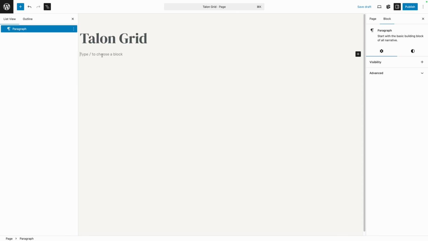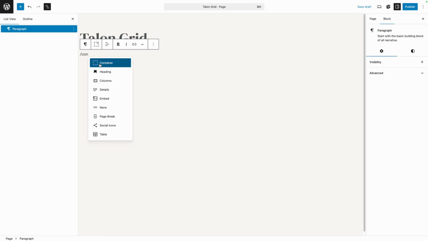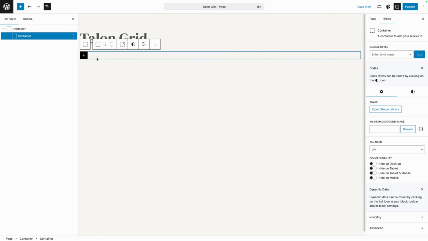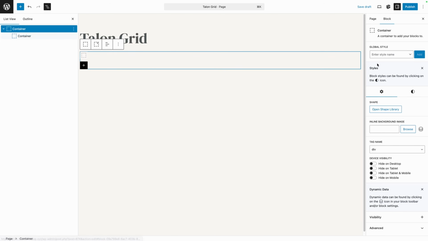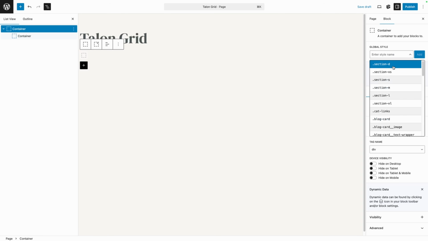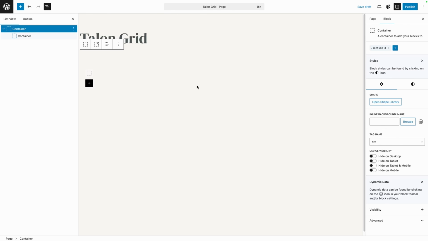So back here inside the editor, let's go ahead and just get all of these elements on the page. We'll start with a section and an inner container. I'm going to go back into this section and we're going to add a little bit of padding. I already have some utility classes set up from my child theme, so that will take care of some of